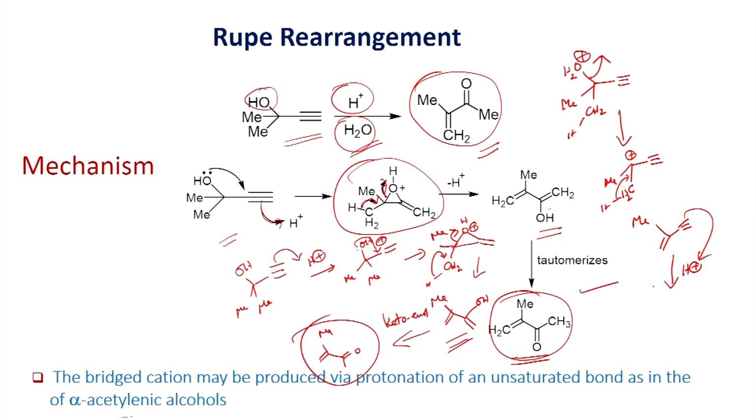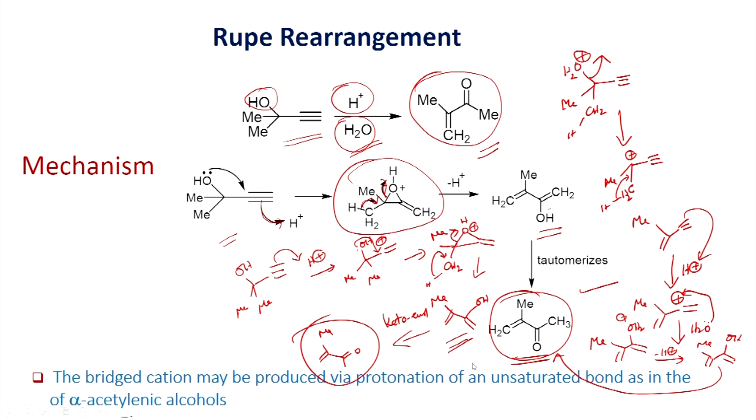acid, protonation of this triple bond can produce this carbocation intermediate, which can now react with water, and you will be able to have, which can lose a proton, and you will have enol, which can undergo tautomerization as shown here, then you will be able to have this vinyl ketone as the product. So, there are two possibilities there.